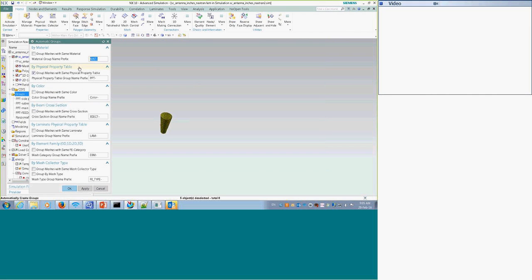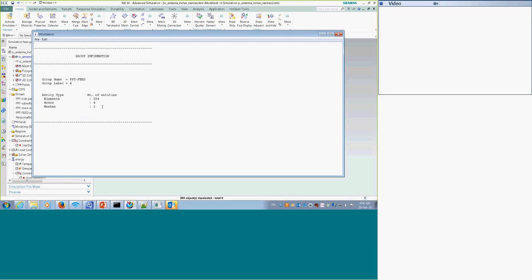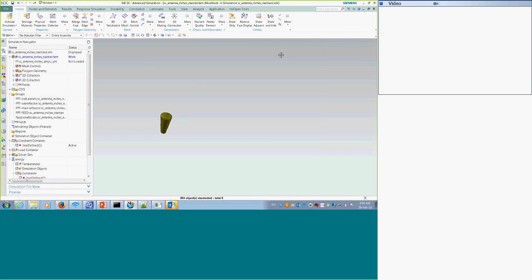So if you go automatic group, for example, and you create groups with the same physical property, it's going to dump meshes in here. So if you want to be able to export to universal file format, you need to have elements. So what you need to do is add to group, you see this as element, pick these elements. It says I have 304, I go OK. And then when I pick the group and I go information, I have the discrete elements. So this is what you need.